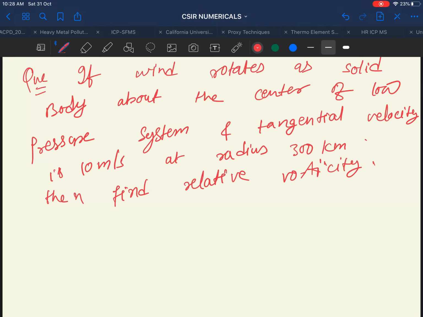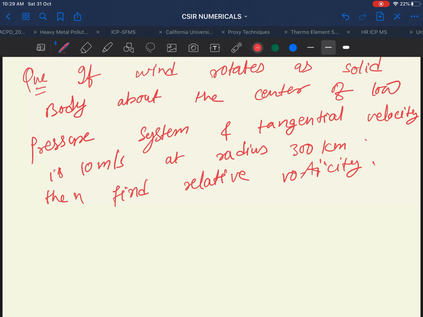Okay, we have to find relative vorticity. We have different types of vorticities. Absolute vorticity is the sum of planetary vorticity plus relative vorticity. Planetary vorticity is generated by planets. Relative vorticity is generated by any rotating object on the Earth's surface. Planetary vorticity is maximum towards the equator and minimum towards the pole, while relative vorticity is more in the polar region than the equatorial region. The addition of these two is called absolute vorticity.